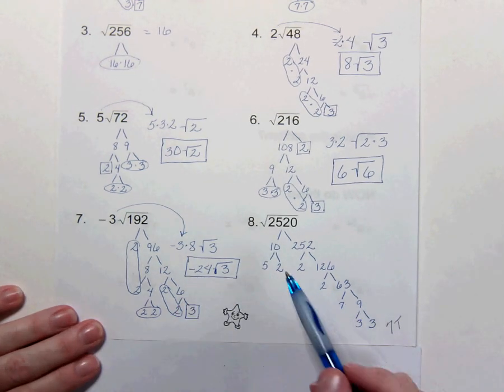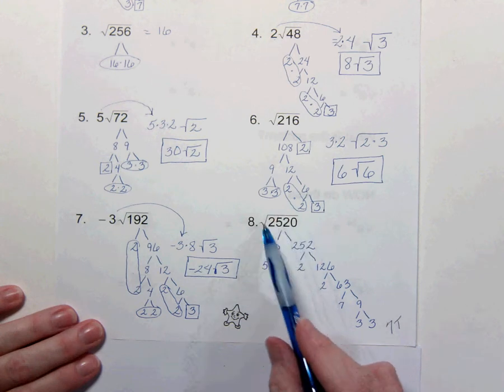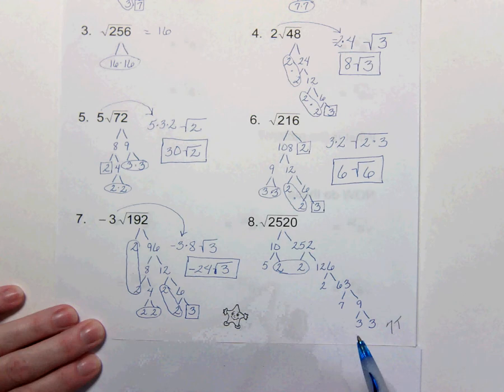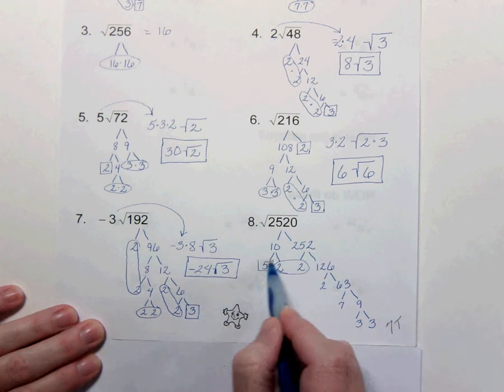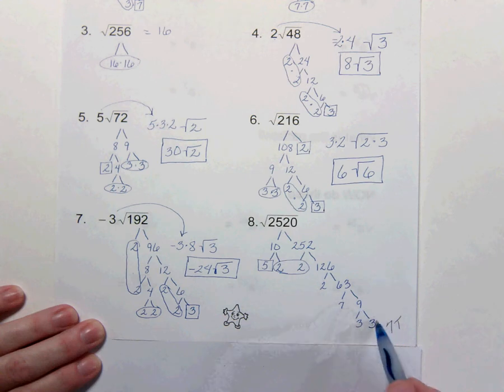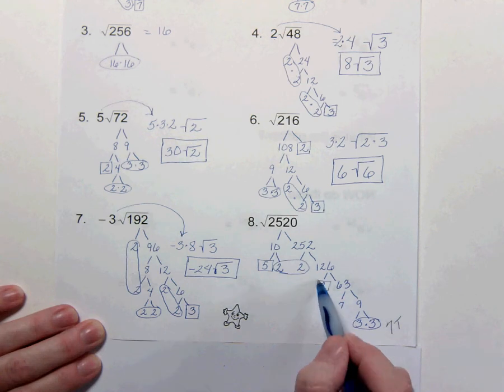All right, here's one that's a pretty long drawn out. It's a huge number. So circle your factor pairs. There's not another 5, so I'm going to put a box around that one. There's not a 2 and there's not a 7, but there is a pair of 3s. Be careful, that's the page number. Alright, so this has to be boxed and this has to be boxed.